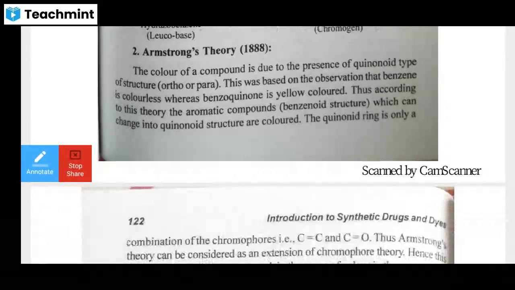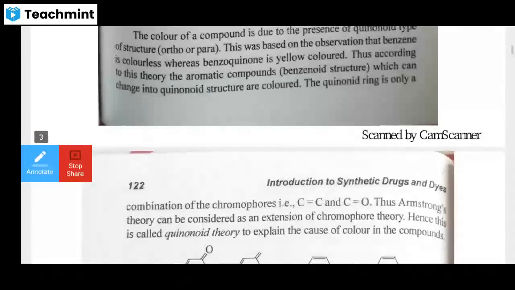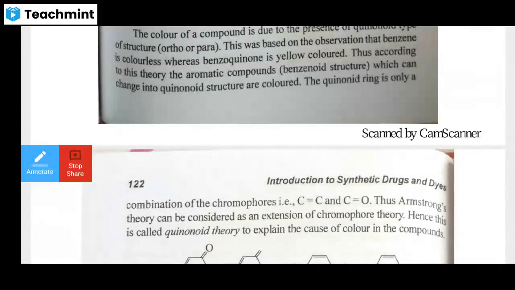बेंजोक्यूनोन, उसको कीटोनिक ग्रुप अगर हमने अटैच कर दिए बेंजीन रिंग को, तो उसको कलर आ गया, येलो कलर। ओके, ये ग्रुप अटैच करने की वजह से उसको कलर आ गया। तो क्यूनॉइड टाइप्स ऑफ द स्ट्रक्चर अगर है, तो उसमें कलर आ जाता है। Just according to this theory, aromatic compound, यानी बेंजोनॉइड स्ट्रक्चर, which can change into the quinoid